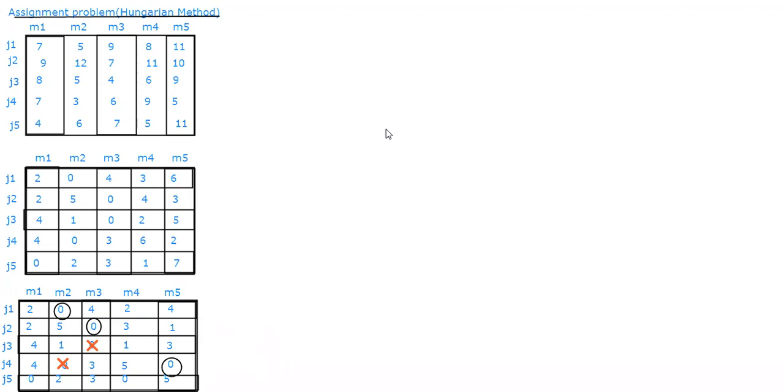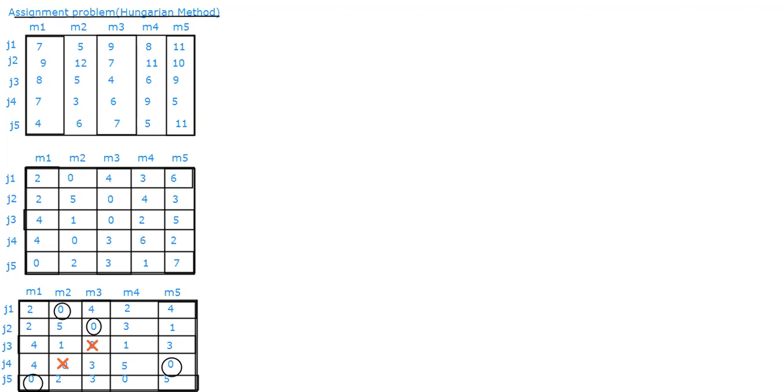Okay, then next come down to the last row. If you look at the last row, here we have 2 zeros again. When I'm going for these zeros, as I said already, first priority will always be given to the first 0. When I look vertically, we don't have an assigned 0, so this one I have selected now.